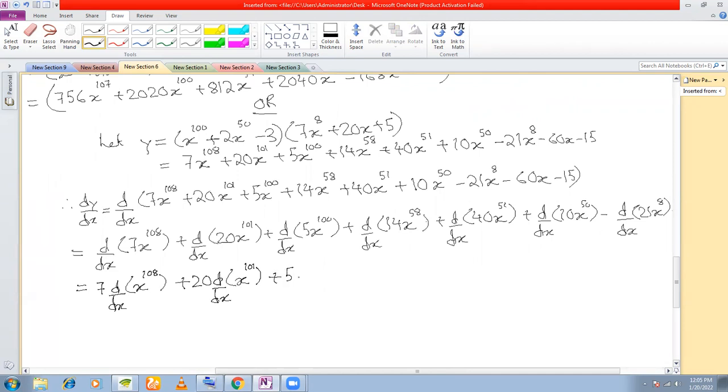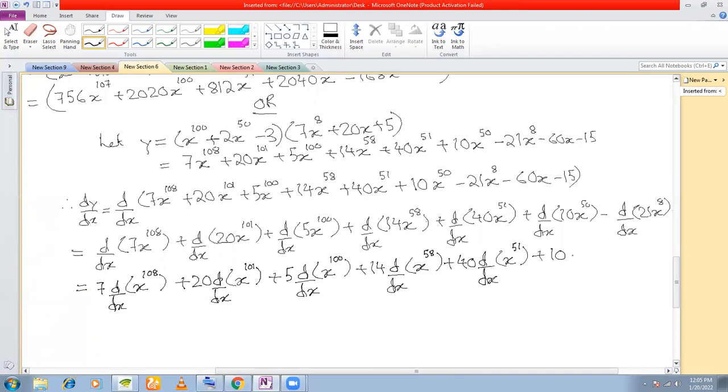So 5 you can take out of the differentiation, that's d/dx x^100, plus 14 d/dx x^58, plus 40 d/dx x^51,